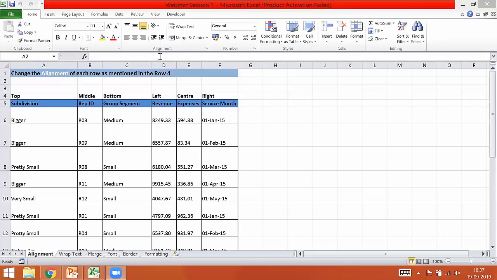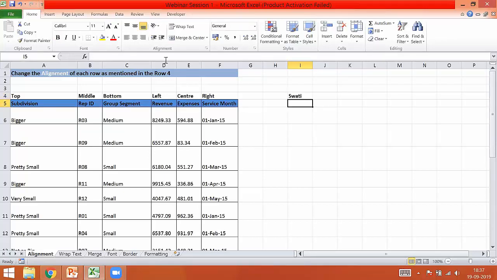At times you might have seen that, if you are viewing different reports in Excel, the text that is displayed has different alignments. What are alignments? That is nothing but where the text gets displayed within one single cell. As you can see, if I start typing in one particular cell, maybe I4, what happens if I just type my name? By default, you can see there is a left alignment.